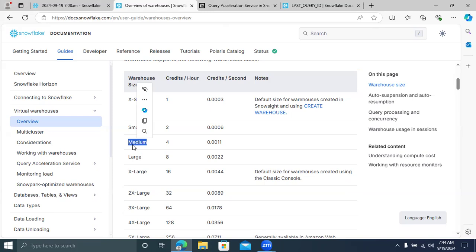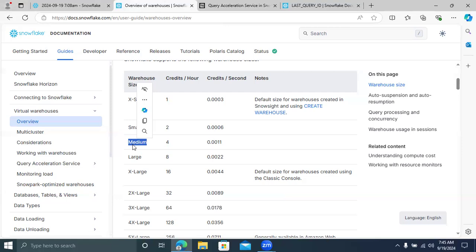If she uses scale factor 16, how many warehouses will be created? Sendamal? Sir, 16. 16 medium warehouses will be created.